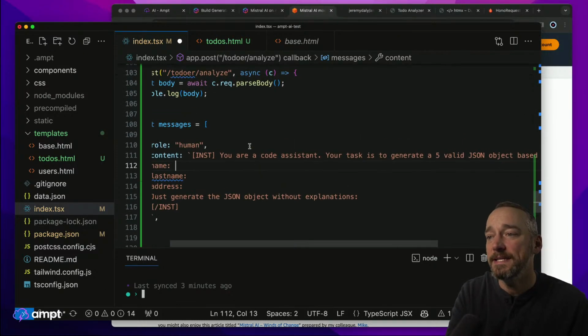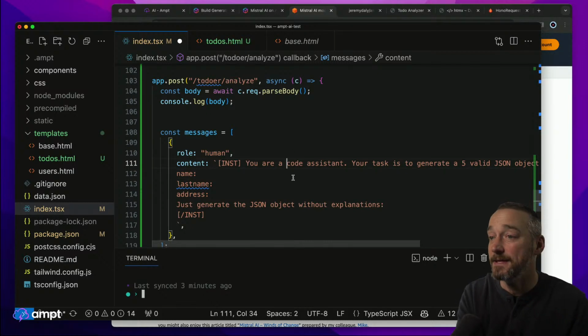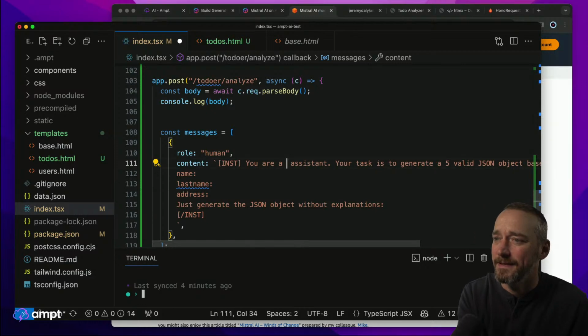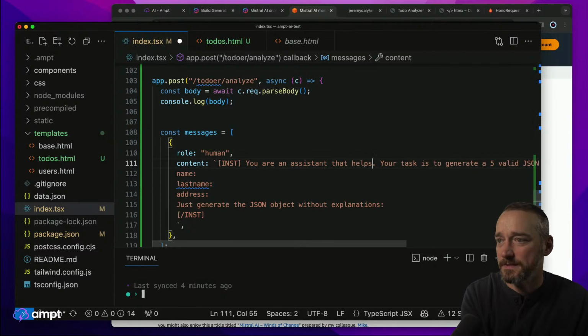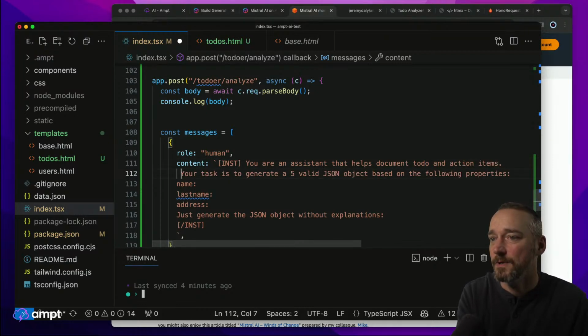Okay, so we need to tell it what we want it to do. So we're going to say you are a, how do we say you are a assistant? Well, I got to give some context, right? So you are an assistant that helps document to-do and action items. How about that? Your task is